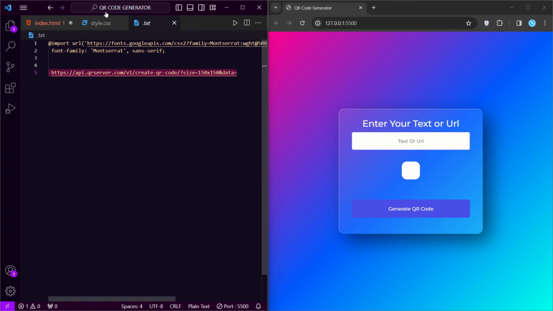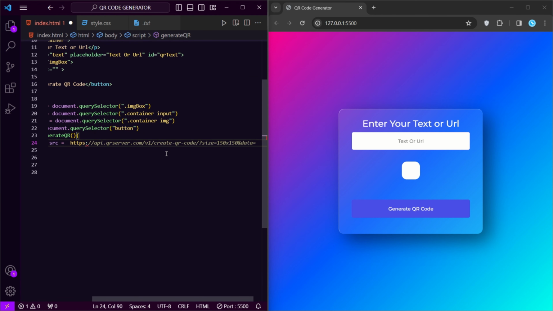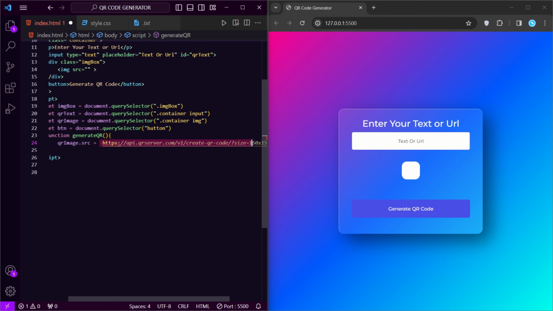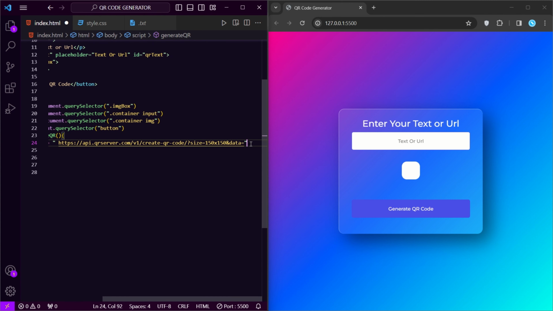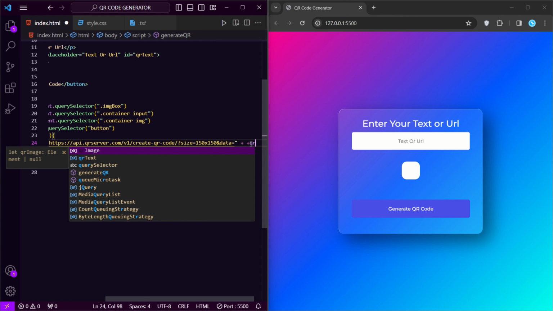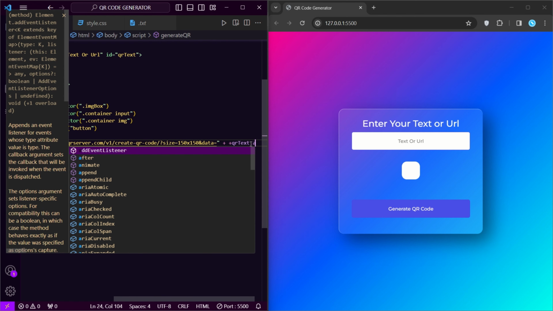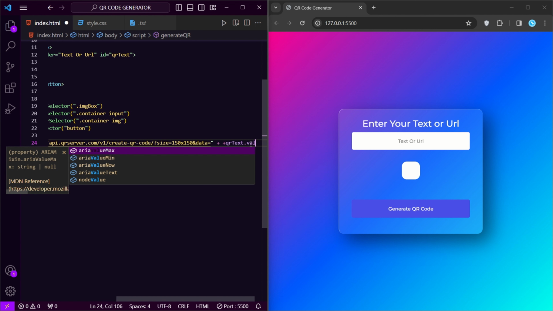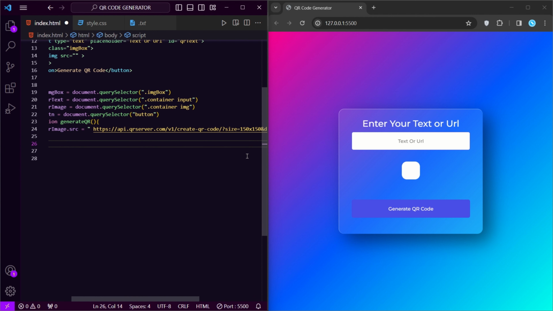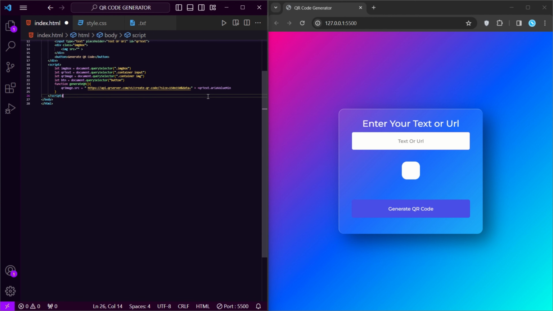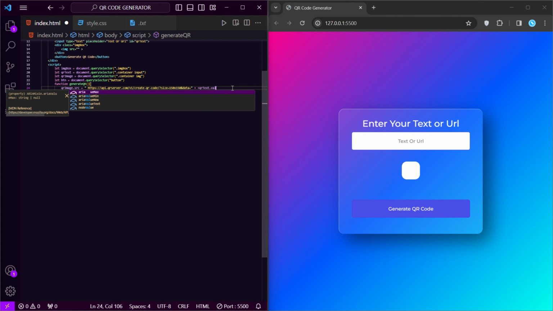Copy this API link and paste here in the string plus QR text dot value. You have written QR text dot value, no? You have to write here value.